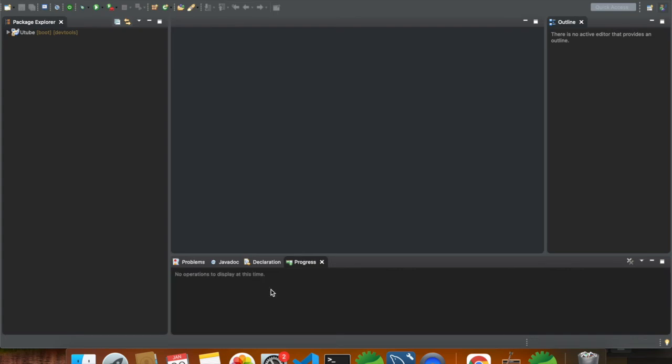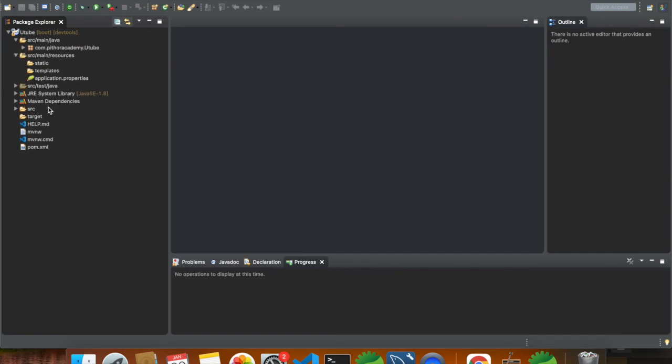Once this is done, we'll explore what all components we have in the generated project. So now we have generated the Spring Boot project and imported it in one IDE, that is STS. In the next video we will go through the generated project and the folder structure which is auto generated.